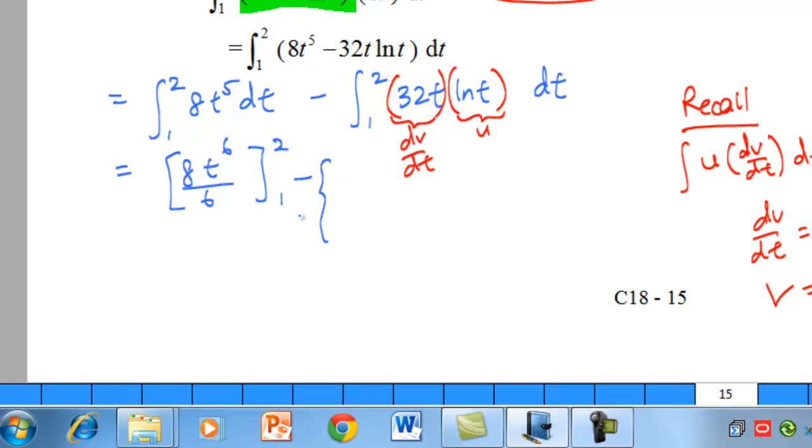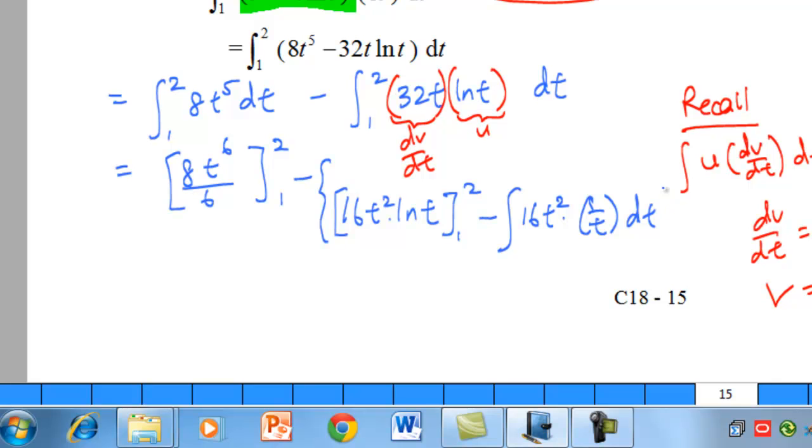uv, which is 16t squared ln t. Put in the limits 1 to 2. Then we minus the integration of v du/dt. That is 16t squared for v, times 1 over t for du/dt. Now, since we are doing integration by parts with limits, we have to put in the limits here. When we simplify this,